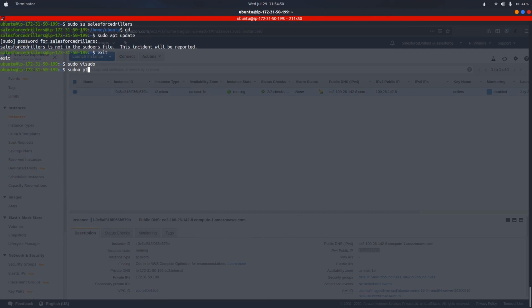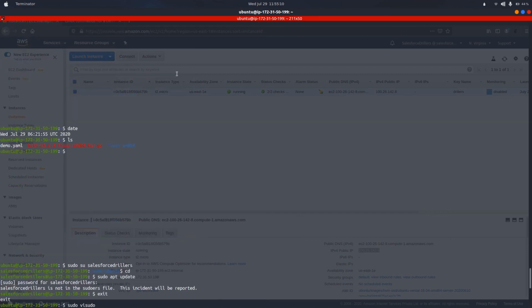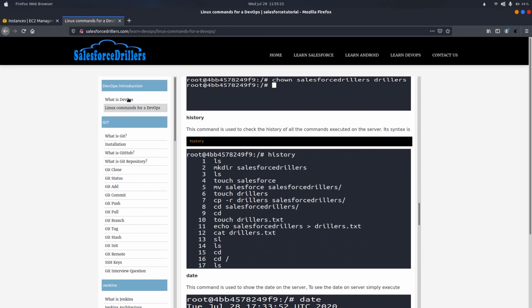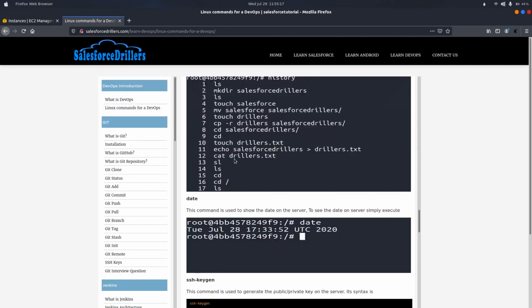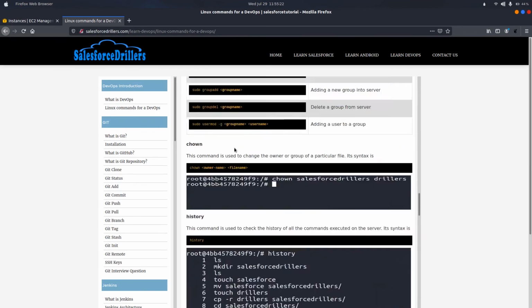So this is a very important, or I can say very useful, concept that is used by DevOps engineers for avoiding using the password on the server. So these are the commands that a DevOps engineer should know. I hope these commands have been clear. If you have any queries, or if you want to know about these commands in detail, you can refer to the Linux commands for DevOps article. All the commands are mentioned there with very nice configuration and screenshots.